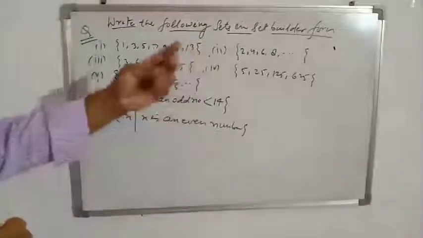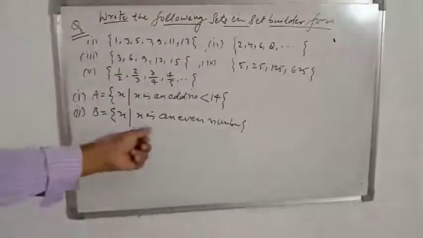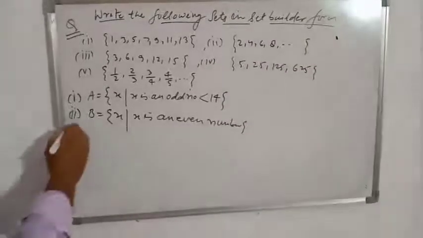Okay. 2, 4, 6, 8 up to infinite. So x such that x is an even number. Third one,